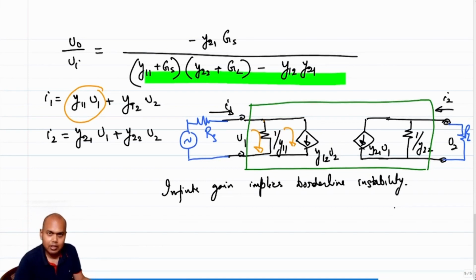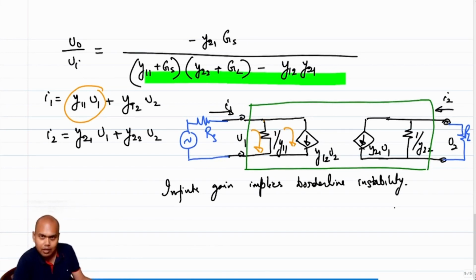But there is a problem with that. And what is the problem? The problem is you would expect your amplifier to work under all conditions, right? You make an amplifier, you are selling it to your customer, and you don't know what type of GS and what type of GL your customer is going to apply, right? You don't know also whether these incremental y parameters will stay constant or change